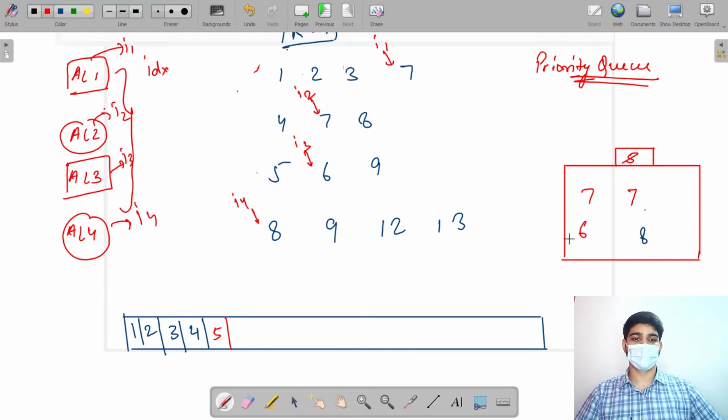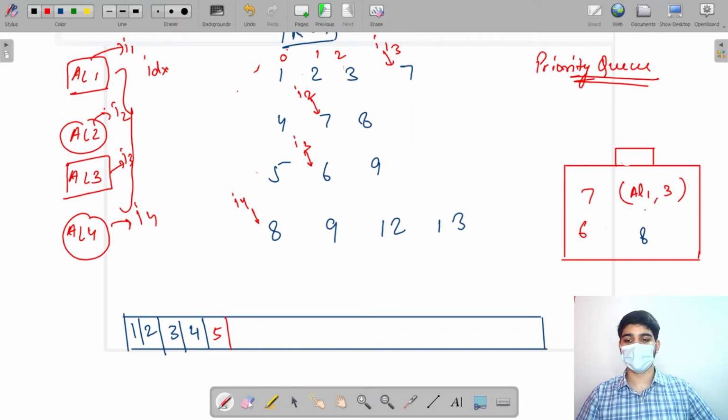So 6 gets pushed. Now 6 would be pushed as, if I have to write the actual values, it would be something like this. 7 is nothing but array list of 1 at index of 1. And currently the index of 1 is what? 0, 1, 2, 3. So index of 1 is 3. So in array list of 1, any element that is at position 3. This is what I1 means. So if I remove this,